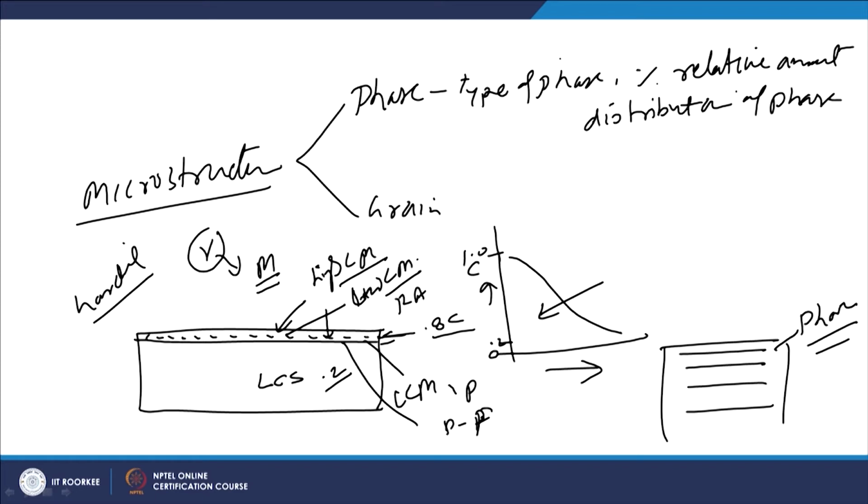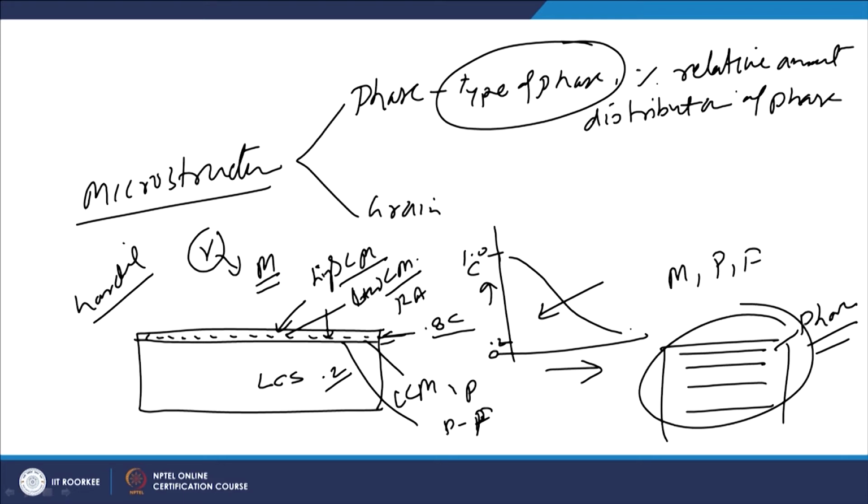So, that is what is determined: where which phase is present and what is the approximate percentage or relative amount of that phase. What is the proportion of the martensite, pearlite, ferrite in the carburized component, which has been hardened after the subsequent hardening process. This is one aspect wherein we try to look for the types of the phases and their amounts and their distribution.